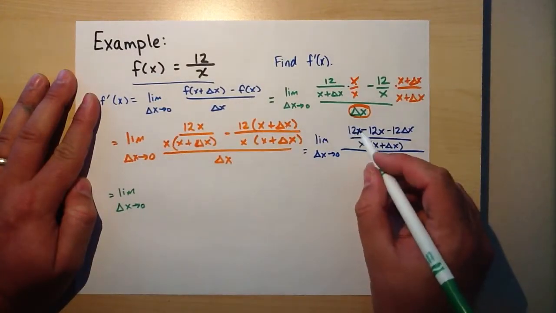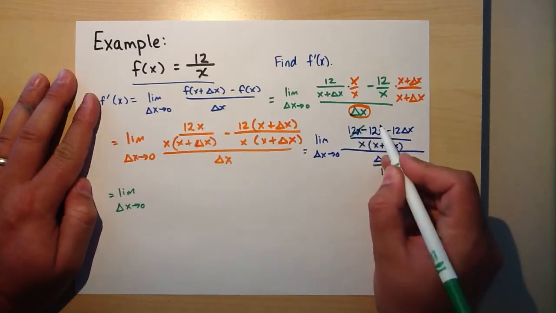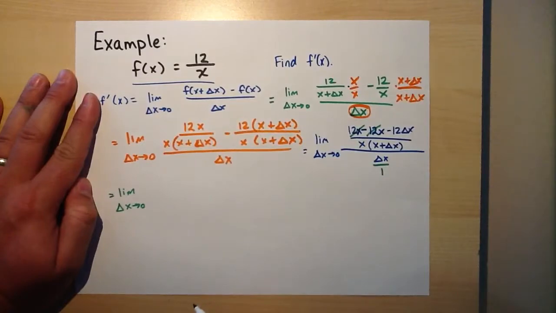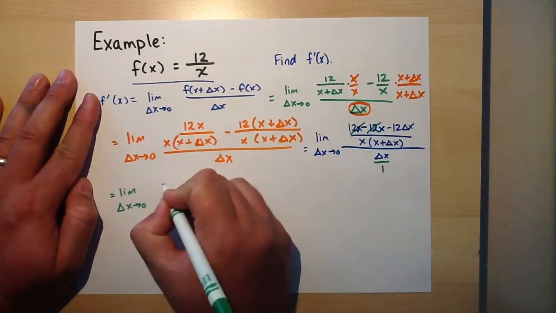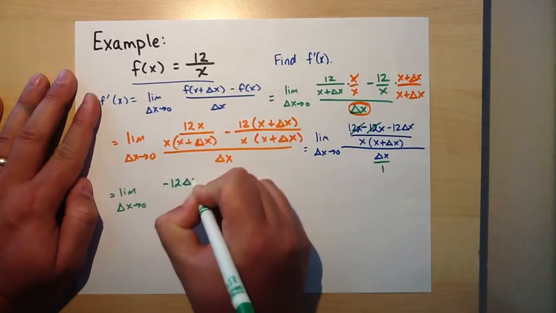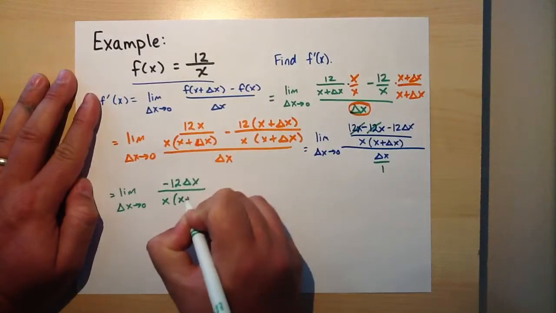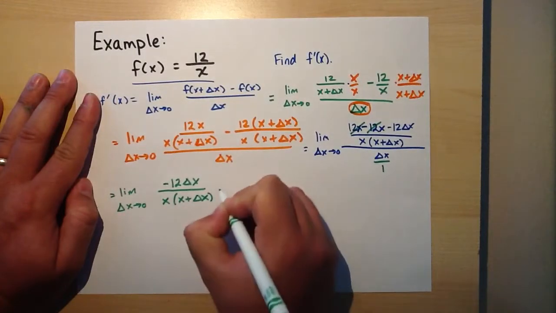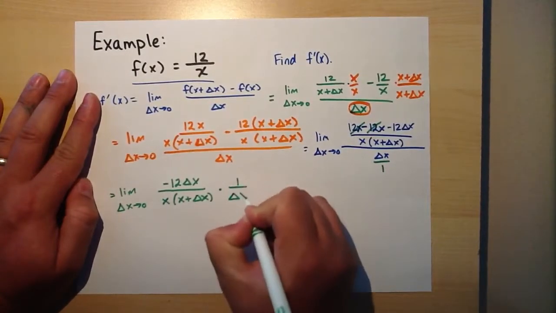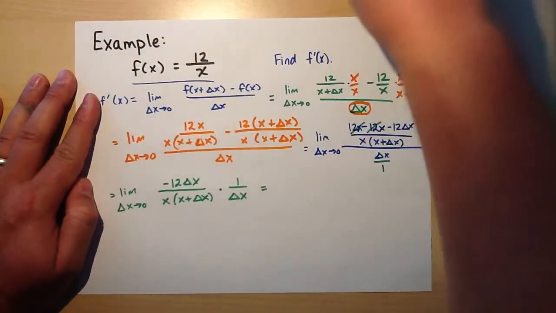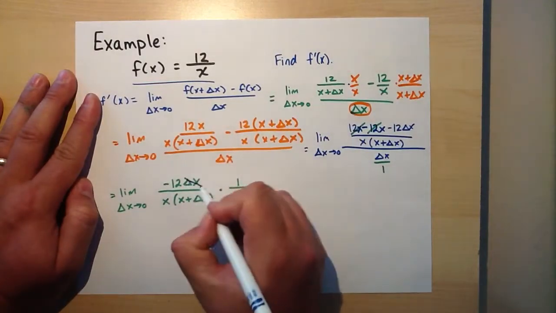By the way, sorry I skipped that. We have 12x minus 12x. We do have some terms that can be reduced out, or this can be simplified. So now I have a fraction of negative 12 delta x divided by x times the quantity x plus delta x times, remember, you flip and multiply here, and what do you know? Okay, if you take a look right here, we can cross reduce out this delta x,